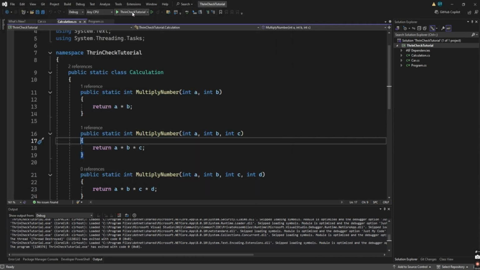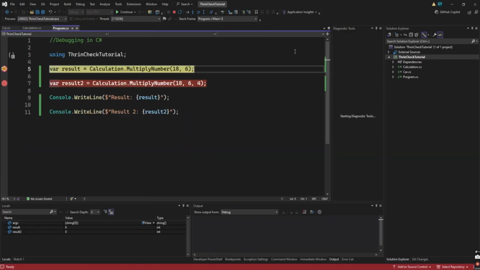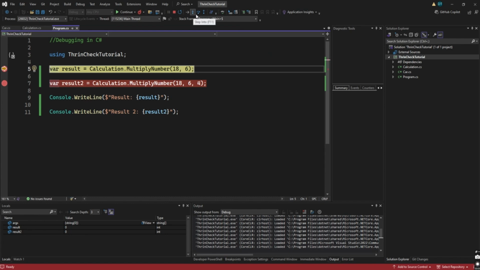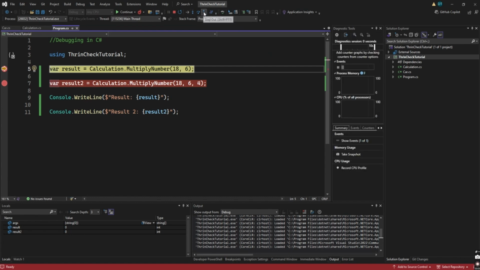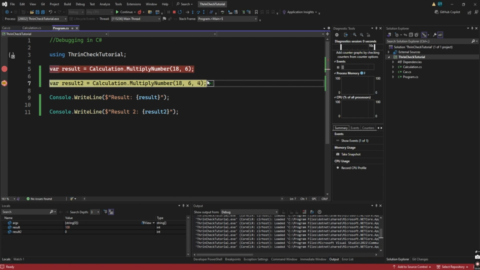So basically, let me see if there's any other thing I'm missing out. I've explained step into, step out, step over, step out. So there is, well, let's say you are on debug, but that might not really apply here. So another thing,